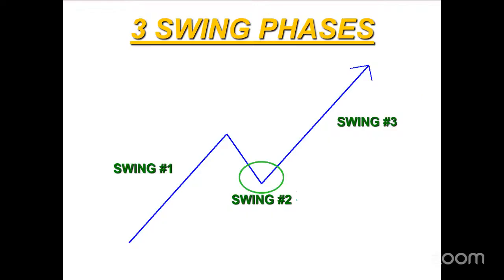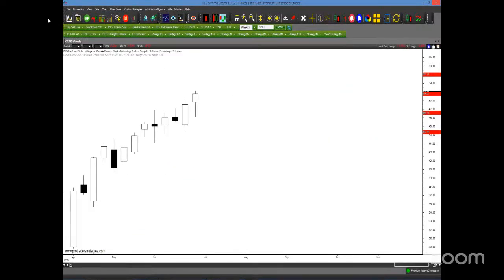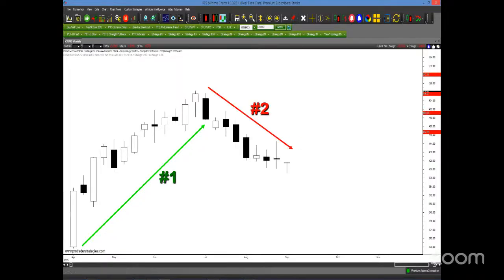For example, let's take a look at this chart here. Here's a weekly chart of CRWD. All right, so we could label this nice, strong upward move as phase one. And then as it declines into the counter trend, this could be phase two, and then the resumption of the upward trend, which is phase three. So remember, as swing traders, we want to buy somewhere down here at lower levels before the trend starts